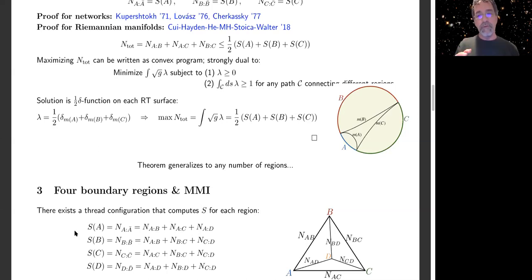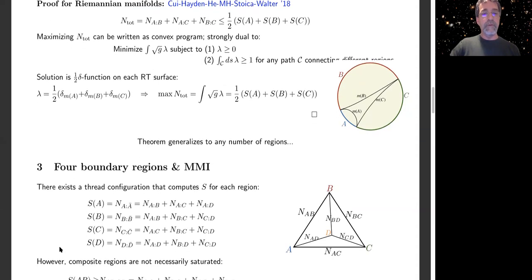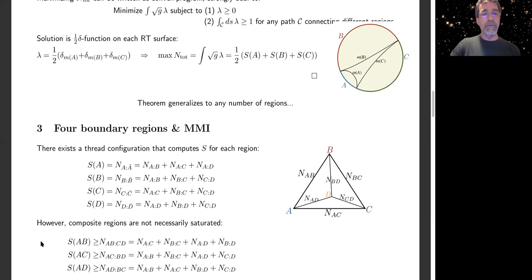So there's no thread configuration that calculates not just all 4 of these, but also S of AB, S of AC, and S of AD. In fact, you can definitely show that in general there cannot exist such a thread configuration. Okay, so composite regions are not necessarily saturated, but of course you have the inequality that the entropy